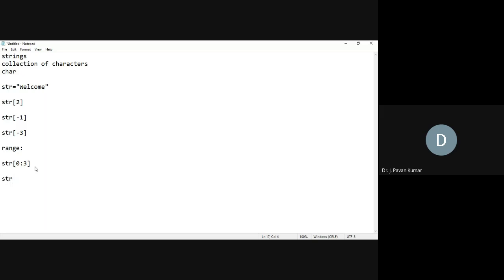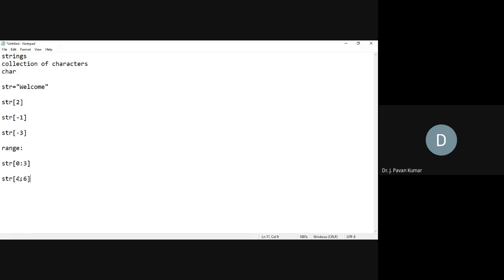Similarly, we can specify negative indexes as well. Consider starting from this O. What is the index of O? 0, 1, 2, 3, 4. Starting from 4, I want to display up to 6.